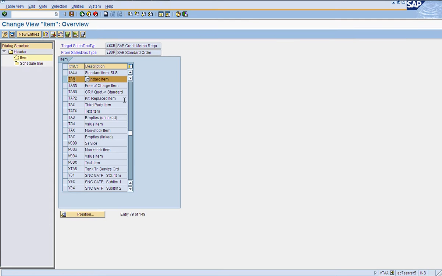So all the 149 item categories have been copied from OR to CR. That means our customized item categories have not been included. So we have to maintain them in this copy control.